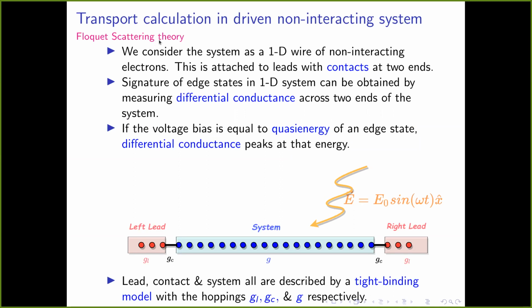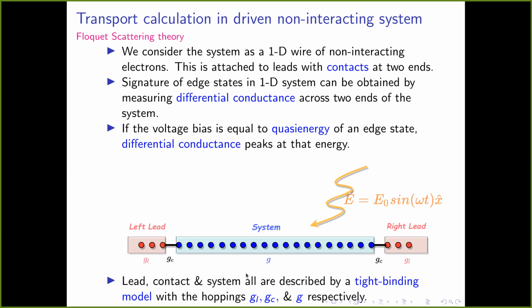So the Floquet scattering theory goes like this. I have a 1D wire which is connected to leads. The 1D wire has a Hamiltonian with hoppings G, and the leads have hopping GL,